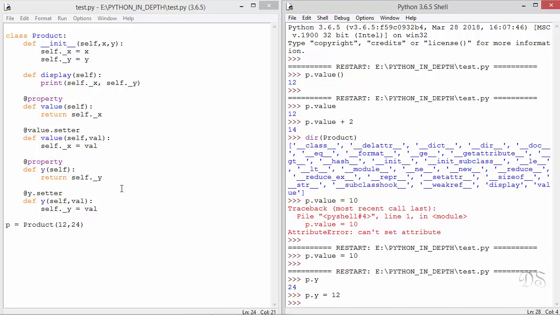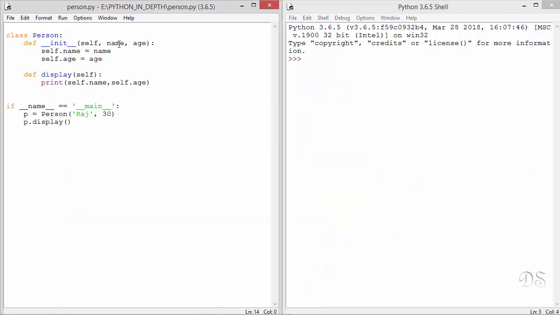Now after seeing the syntax, let us see why we need to use properties. We have this class Person with these two instance variables name and age and this method display. Now suppose after some time you want to ensure that whenever age is assigned a value, that value should be within the range 20 to 80. One possible solution could be to make age a private variable and define a set_age method in which we can put the validation code.